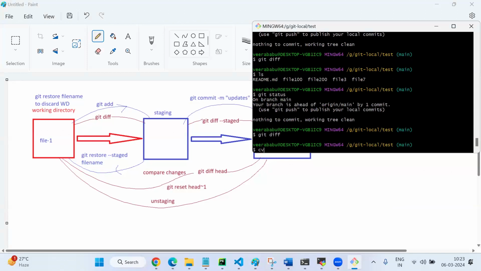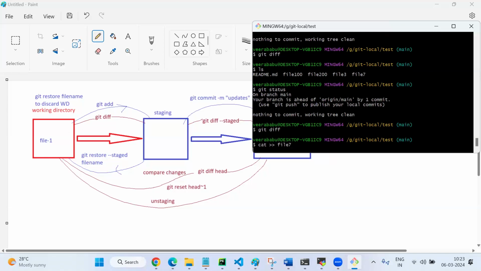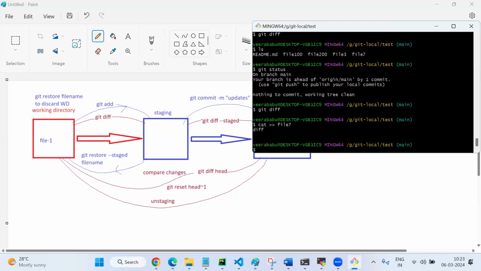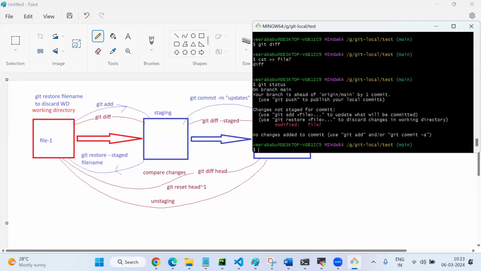For example, cat file7. If you are doing practice, these are very, very easy classes. If you are not doing practice, it is a little difficult. So I'm going to add something, diff. Okay, Ctrl+C. Now some changes took place in the working directory. What about the staging area? No, it is not updated with those changes. Clear? If I give git status, it shows a modified file. If I give git diff now,